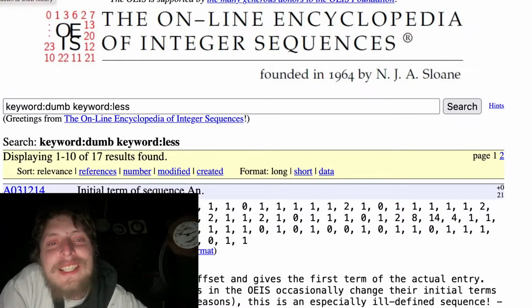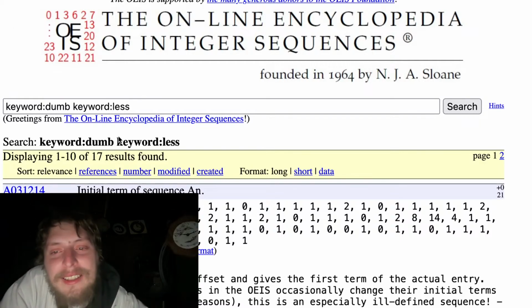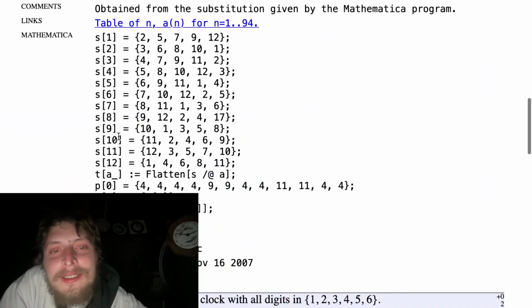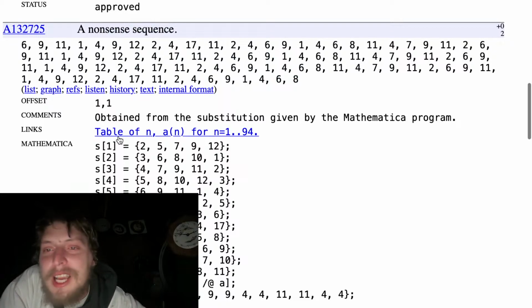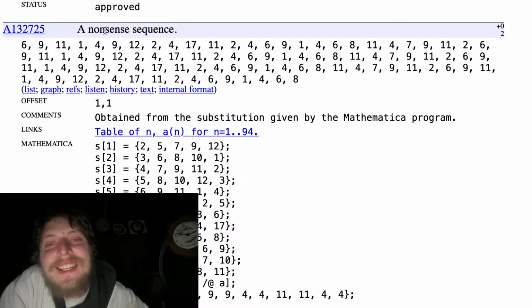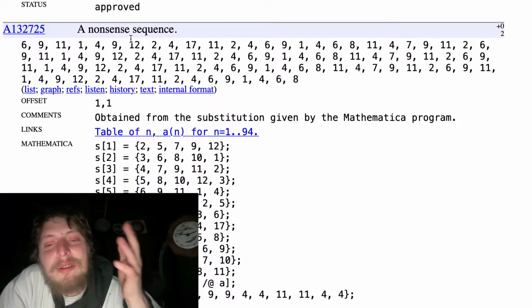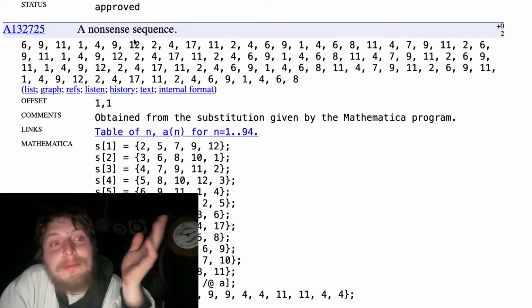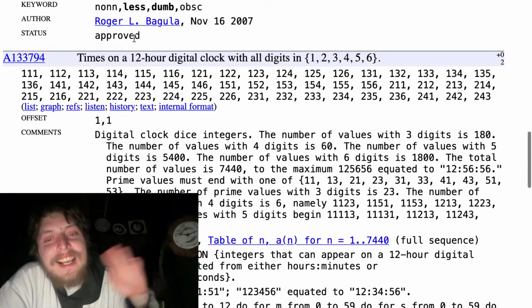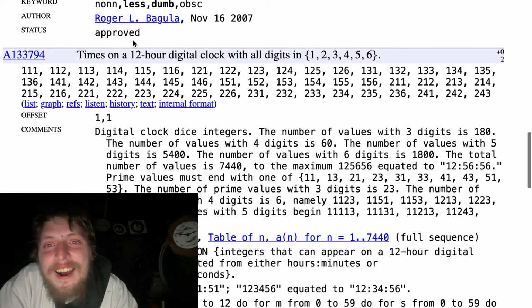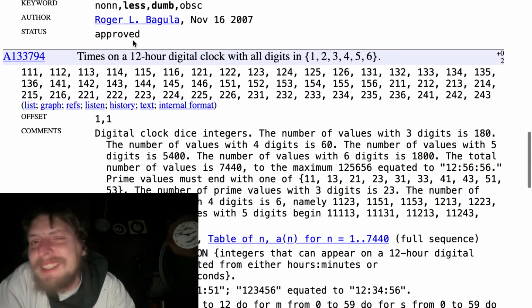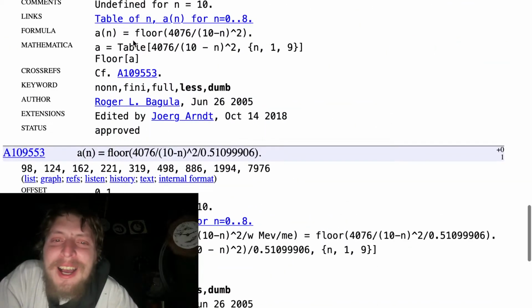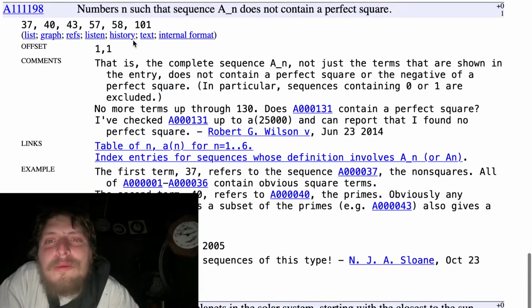Is that there's only 17 that are dumb and less interesting? They really don't like these sequences. And see, these are weird ones. A nonsense sequence. I don't know how some of these got on here. Some just got on one day in the past and get to stay, I guess. I don't know the system for ever kicking them out or not, but some of these are so